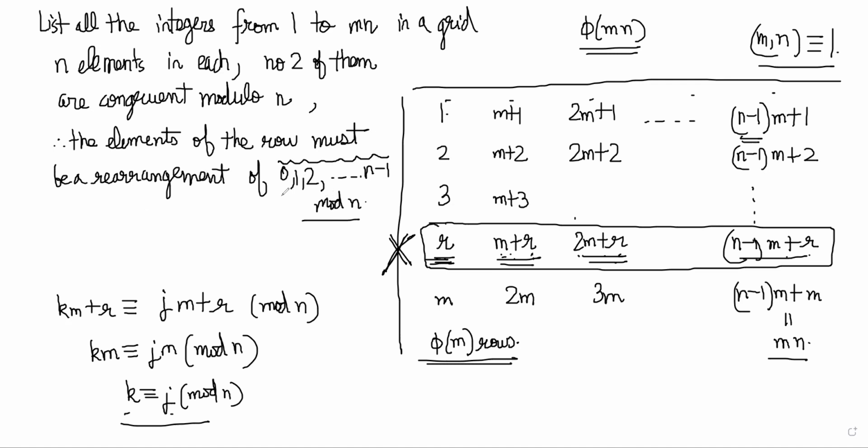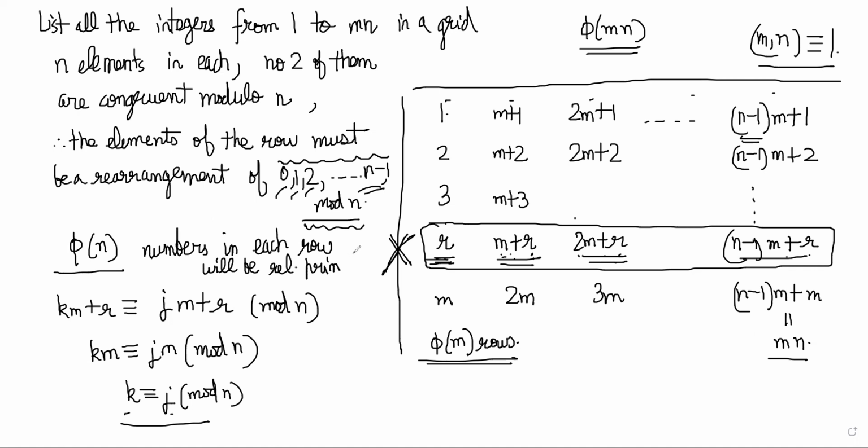So each of them must correspond to one of these congruence classes; they are all in different congruence classes. So how many of these numbers will be relatively prime to n? The number of such numbers will be phi of n. Phi of n numbers in each row will be relatively prime